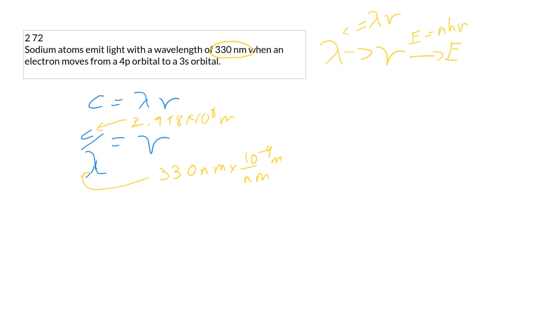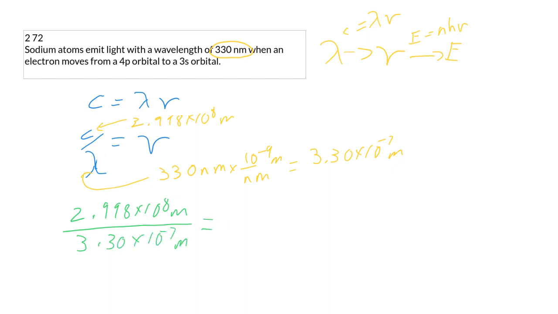Or if you haven't, then I haven't given you guys enough homework. So now we plug in 2.998 times 10 to the 8 meters divided by 3.30 times 10 to the negative 7th meters gives us a frequency of